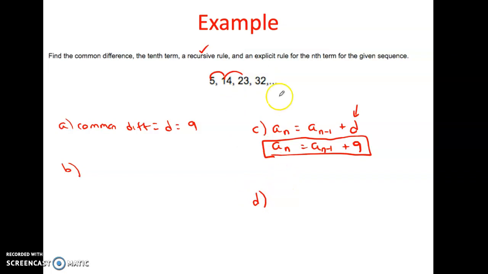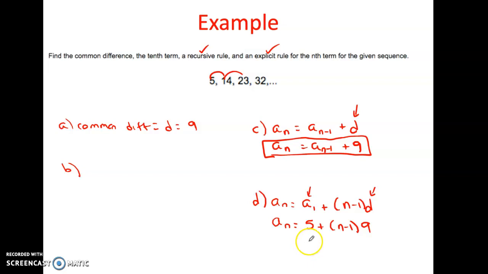And for D, if you want to find the explicit rule, again, we want to find a sub n, but we're starting with the first term. And then with the first term, we're going to add to that the product of n minus 1 times D. So again, D is constant. The first term is constant. That doesn't change, so we're going to fill that in. First term here is 5, and we're going to have n minus 1 times 9,